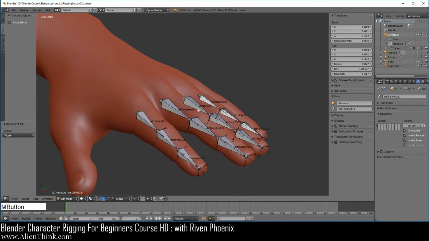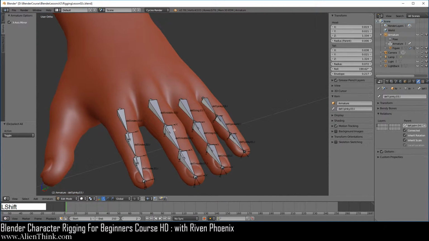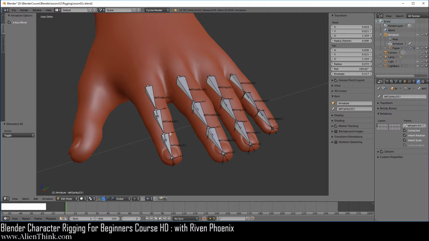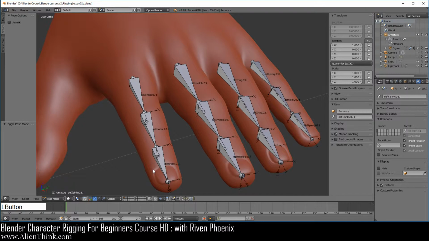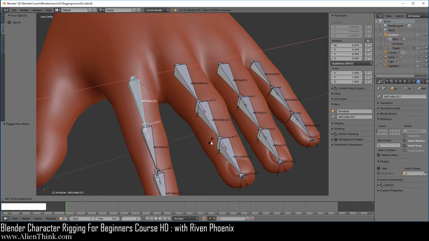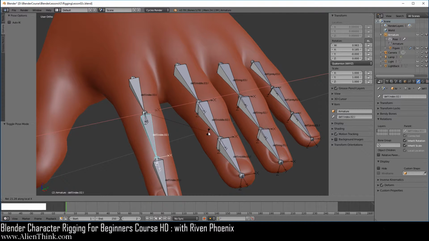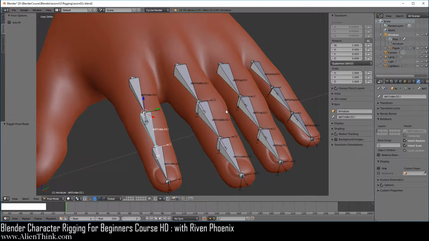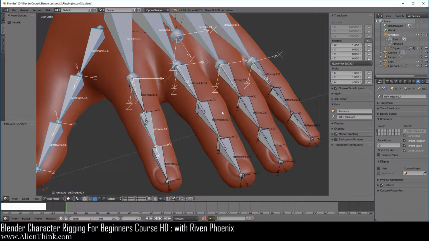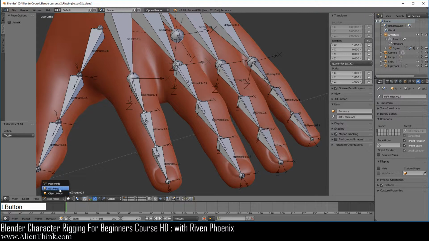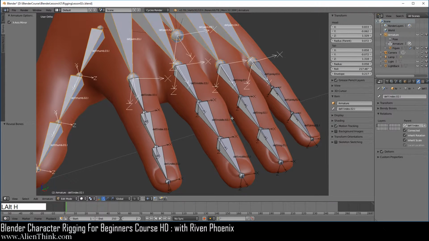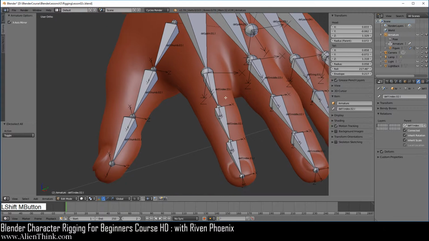Now we've basically got the overall picture of the bone rolls established. Of course, the reason we did this is because now if you switch to pose mode, look on this bone, let's say press the R key, press the X key 2 times, we're rotating around the X axis. Of course, these bones still have to be adjusted so they bend correctly, but you get the idea here. Now just do Alt H to bring everybody back, A to deselect. Switch to edit mode, do Alt H to bring everybody back, A to deselect.